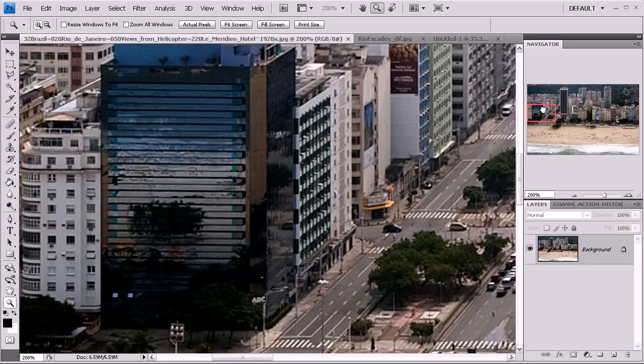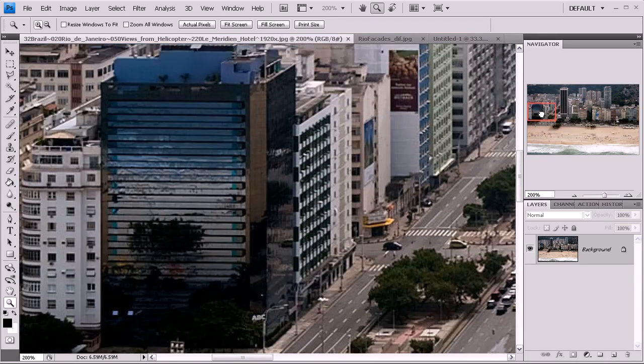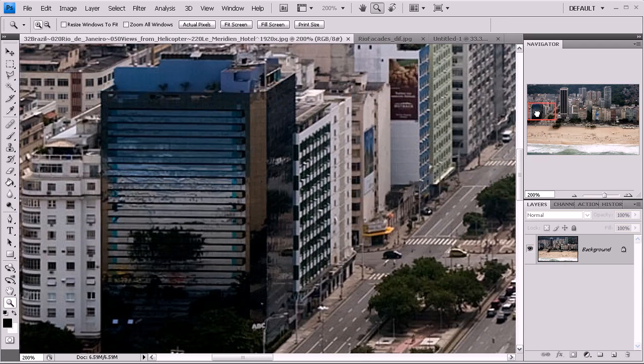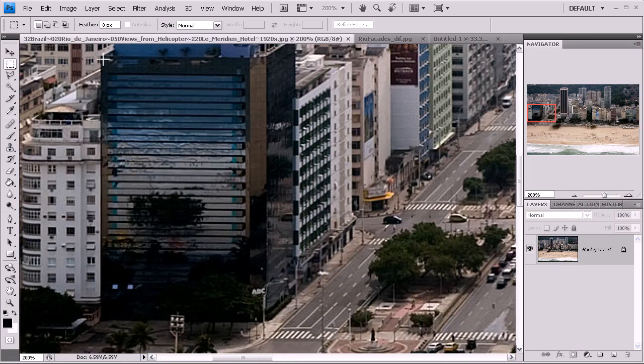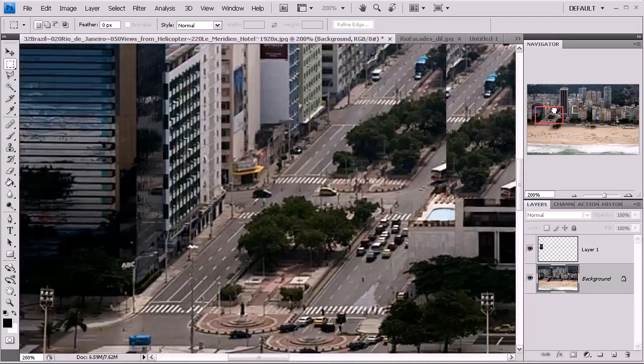Now what we want to do here is we start on the one side and we want to go and select each of the facades that we think we can use. Now I'm going to use only the ones that are in the front line. I'm not going to use any skewed perspective views, and I'm just going to take the square selection tool and select the facade. The ones that I do like, perhaps just that part there. And then I'm going to press Ctrl C, then immediately Ctrl V, and that's going to create that small extra layer for me. Then I go back to my original background and I can pan across,